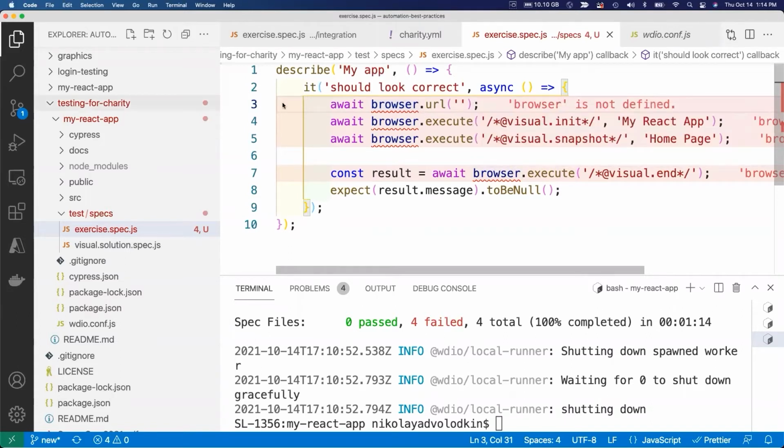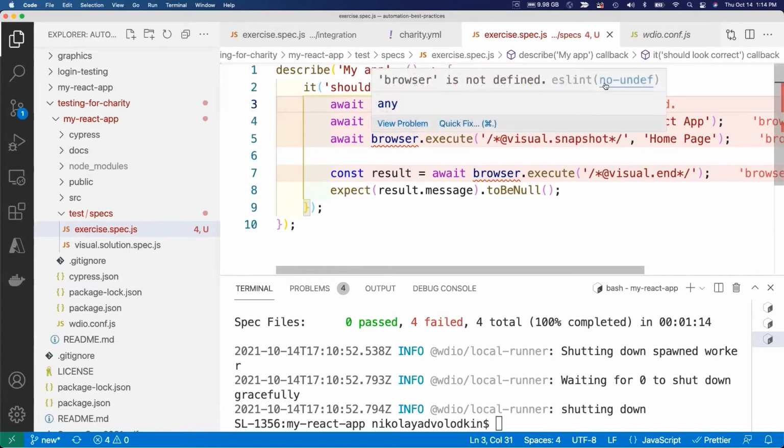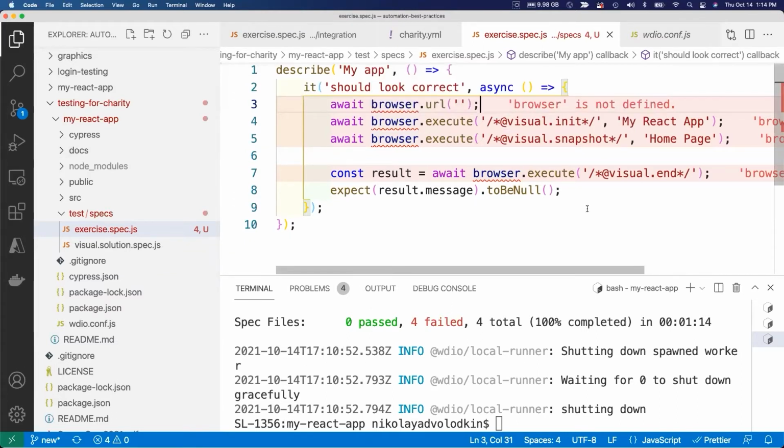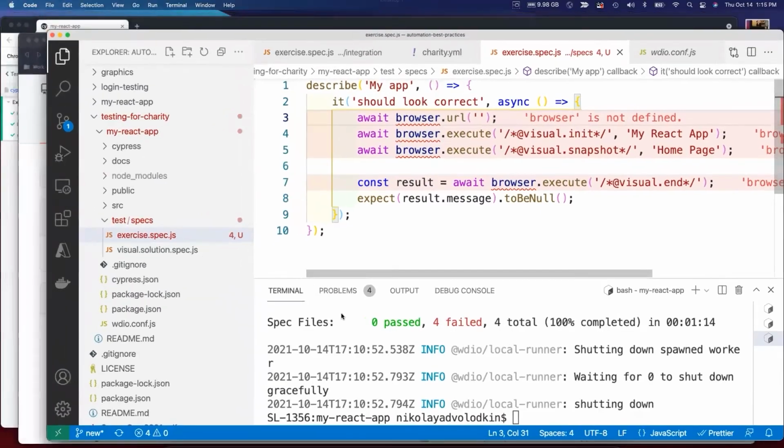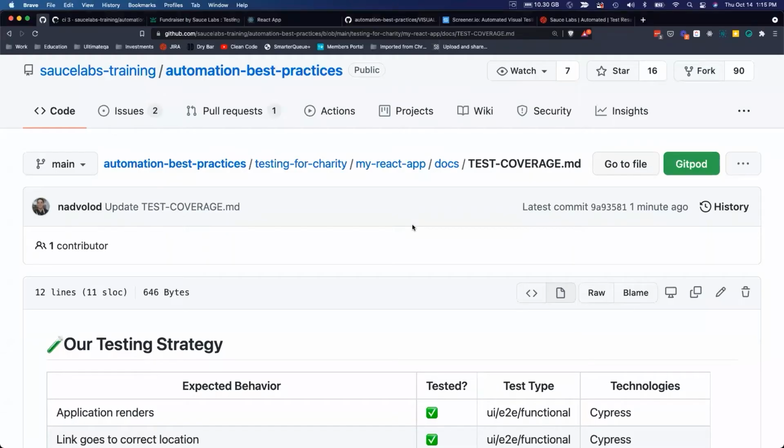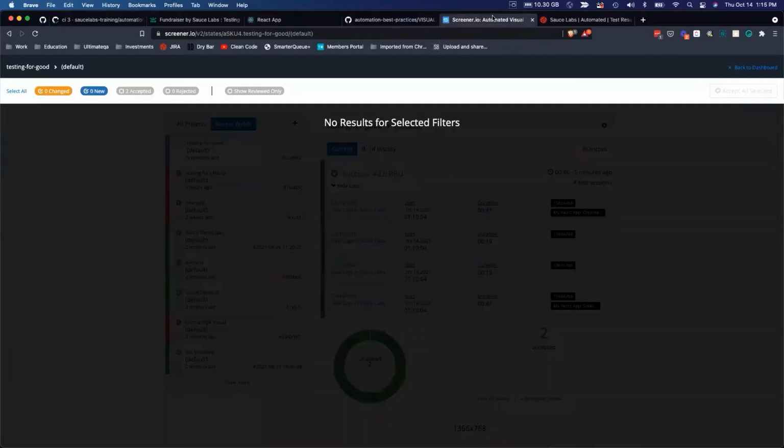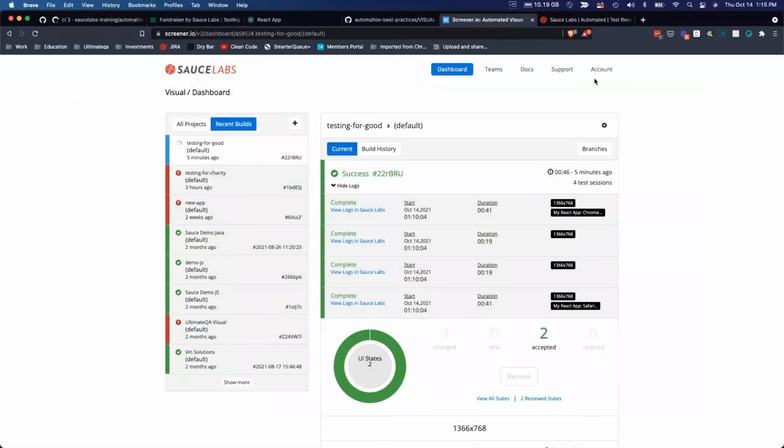So Nikolai, we also have a question along the same idea, from Chen, which is, how does Screener capture longer pages that require scrolling? Oh, wonderful question, Chen. So let's talk about that. That is actually a super common scenario, and I'm really happy you asked it. So if you come here to the docs and go to Visual End-to-End Docs,